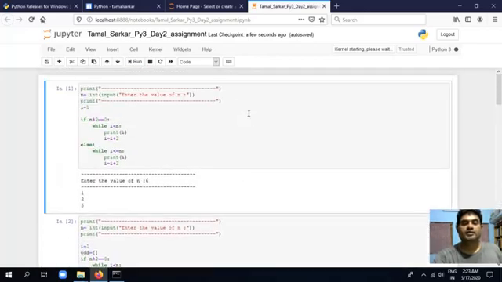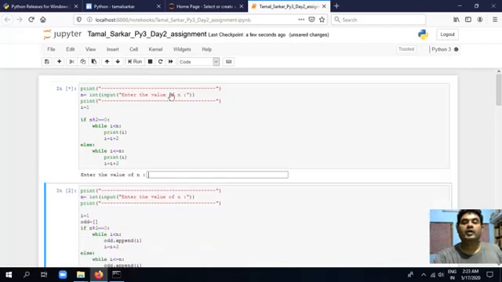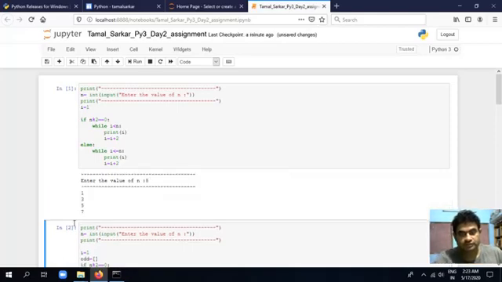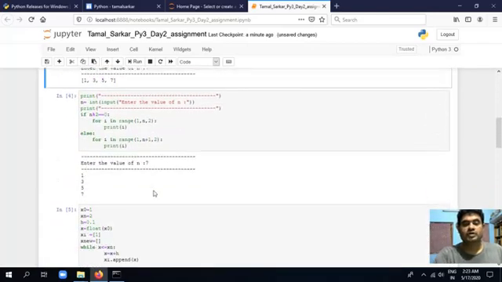Now how to run it? I click on it and run it. It is asking me for some input. Here I give 8. What the program is doing is, when we enter some number, it gives us the odd integers in this range. See, it is working fine.